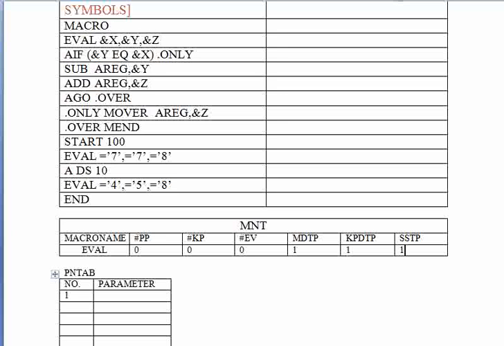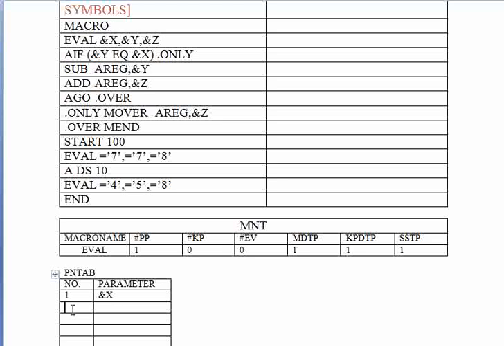After that we look at the parameters present in our prototype statement. There are 3 parameters, and all 3 happen to be positional parameters. The first parameter is x, a positional parameter, so #PP is incremented by 1 and an entry is made into the PNTAB.